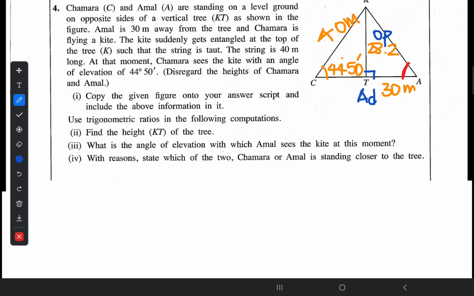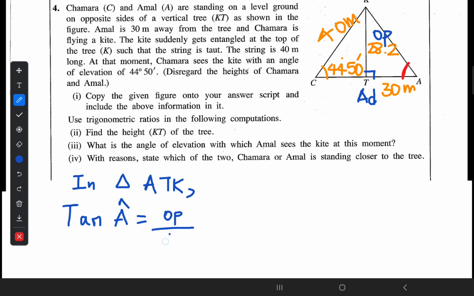So in triangle ATK, you should write this clearly. Let's write the relationship tan. Tan of this particular angle A, tan A, is opposite upon adjacent. Opposite is 28.2, adjacent is 30. So we have to divide this. When you divide 28.2 by 30, that will give you